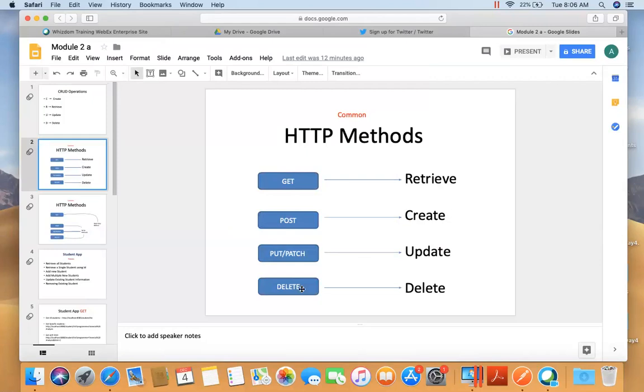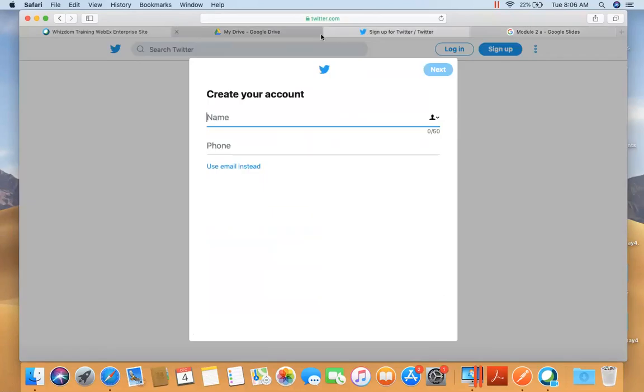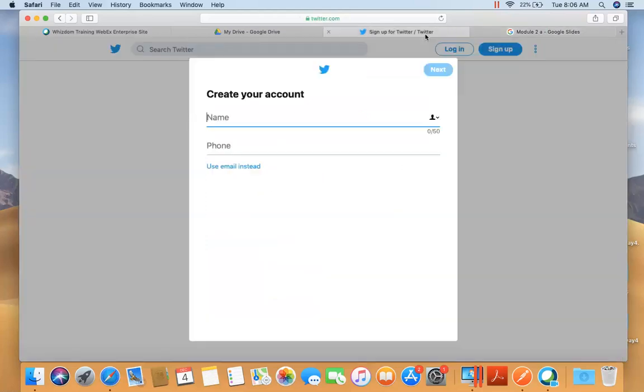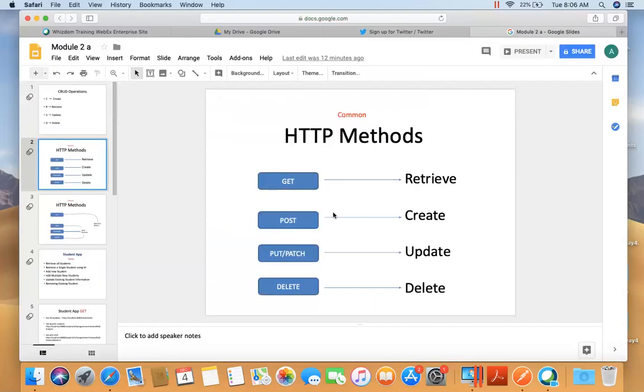When you're opening a URL, you're basically firing up a GET HTTP method. Like if I go to twitter.com, I am firing up a GET HTTP method. When I'm creating an account, or suppose on Twitter I'm posting a tweet, then I'm firing up a POST HTTP method. When I'm making some changes in my account on Twitter,